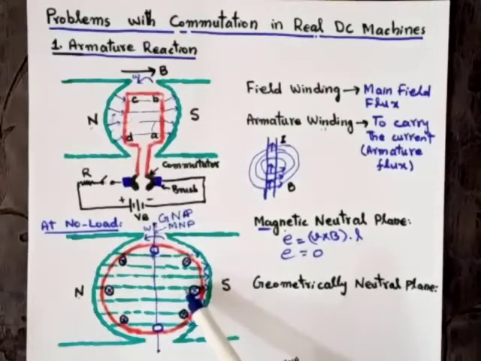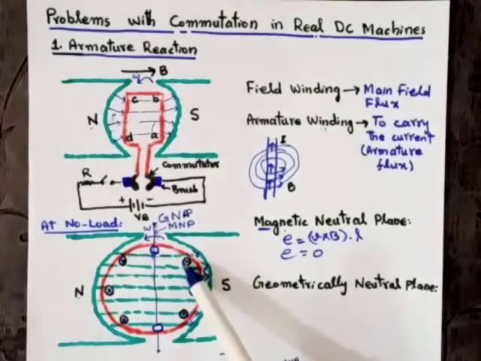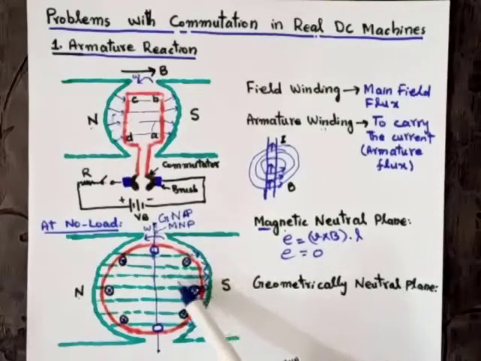As you can see in this figure, cross means the direction of the current is inward, dot means the direction of the current is outward. According to Ampere's law, when the current flows in these conductors, then a magnetic field will be produced around the conductors. And the direction of the magnetic field we can find by using the right hand rule.